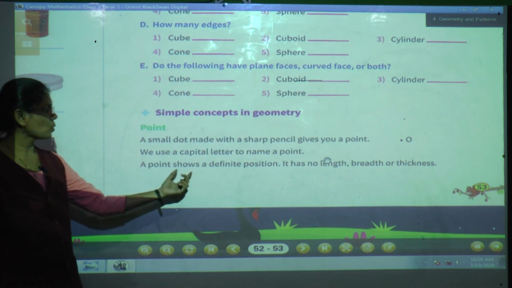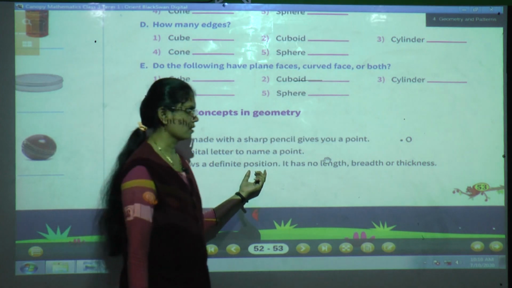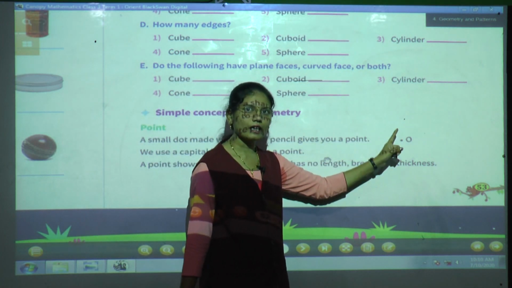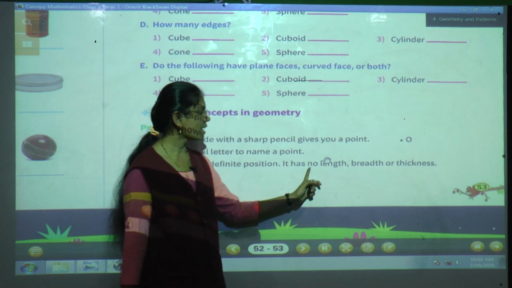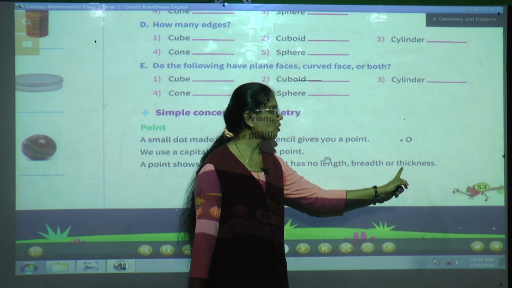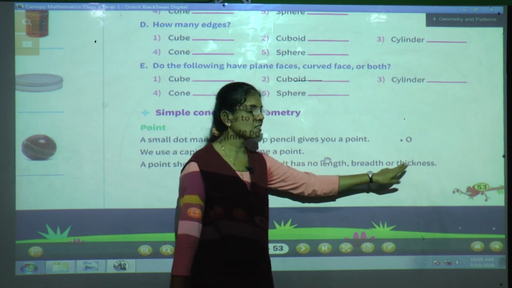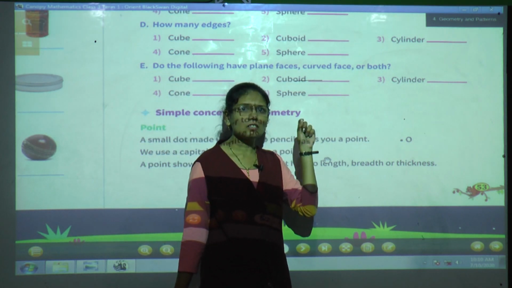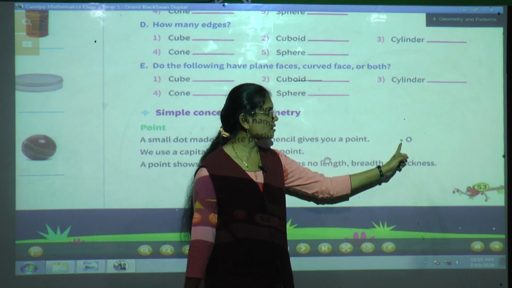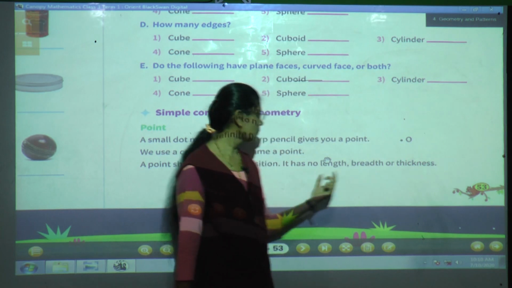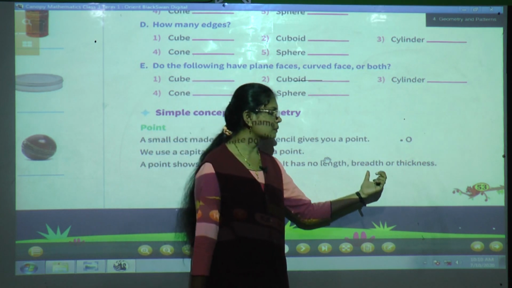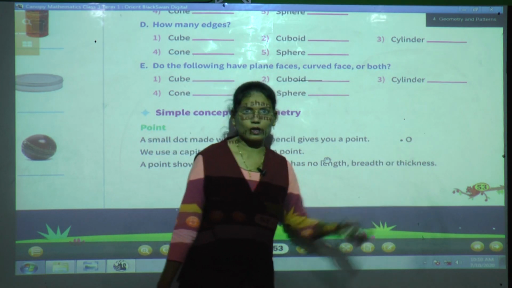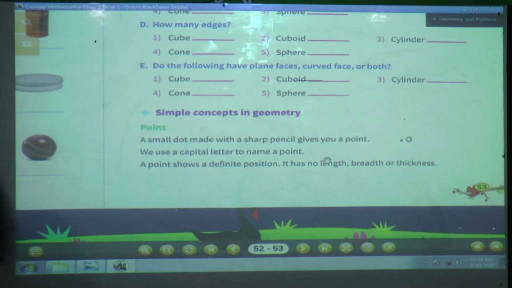A point shows a definite position. It has no length, breadth or thickness. Why? Because it is just a simple dot which is given by a sharp pencil. This is called a point. So it has no length, breadth and thickness. Okay. The next is